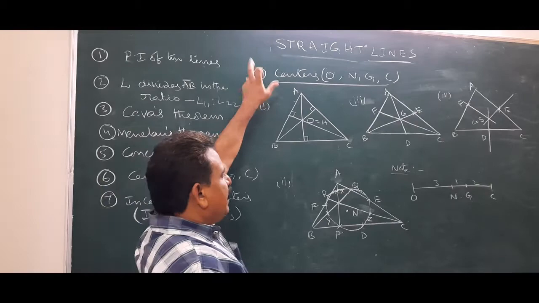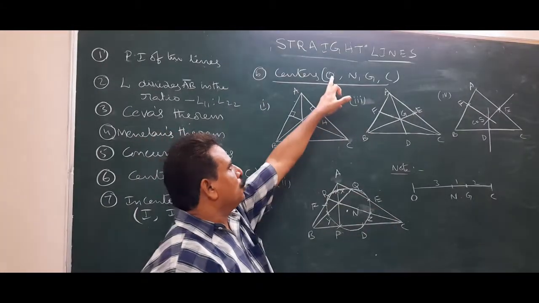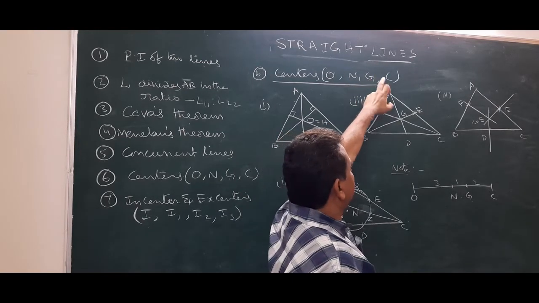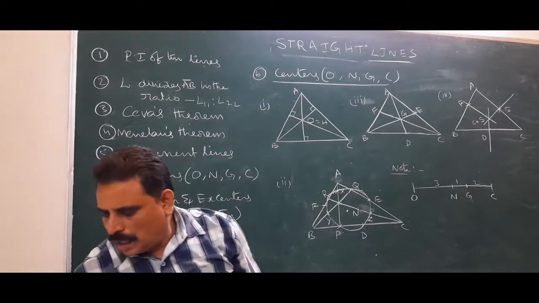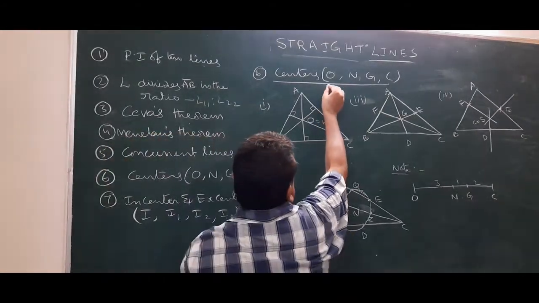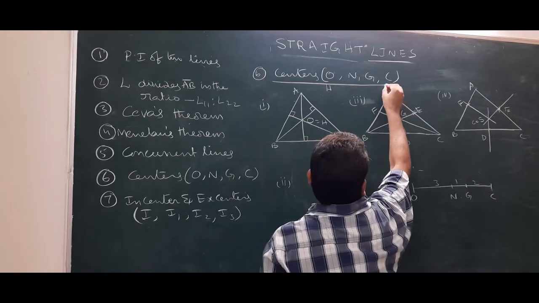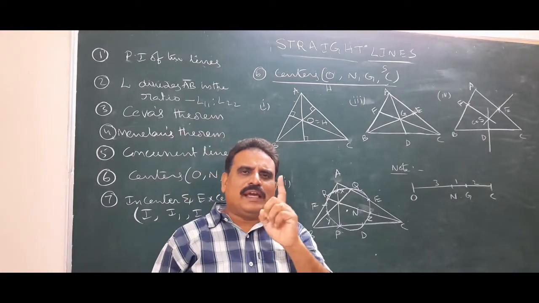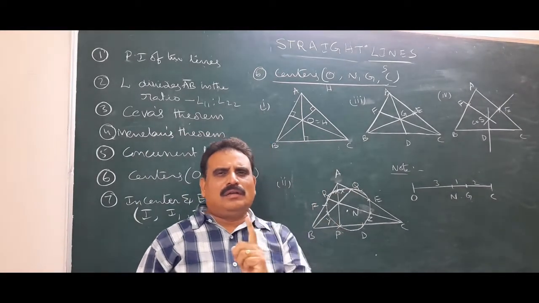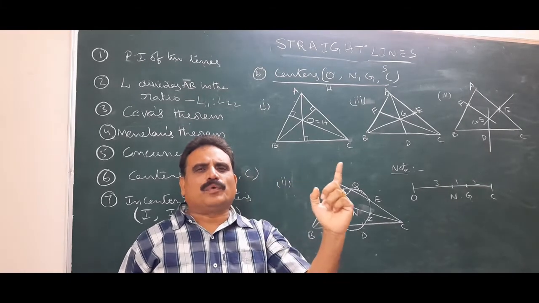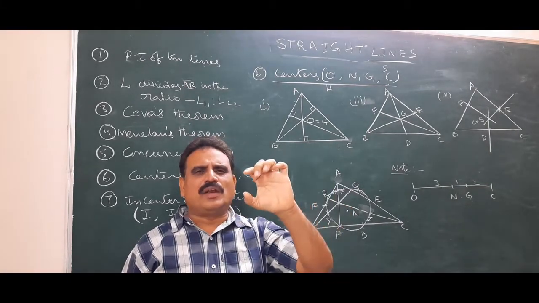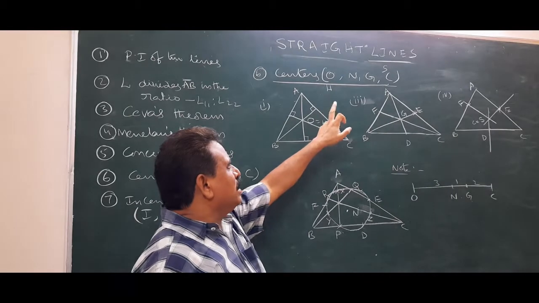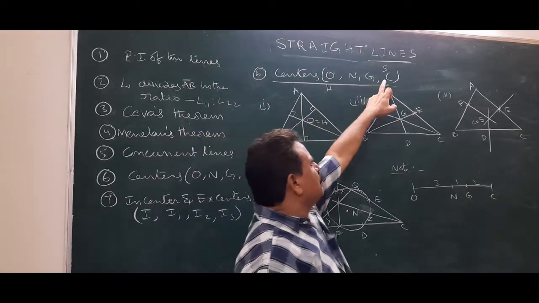Now we discuss the centers: orthocenter, 9-point circle center, centroid, circumcenter. Generally, orthocenter is denoted by H and circumcenter is denoted by S. But here we can easily remember the order: ONGC, Oil and Natural Gas Corporation. ONGC is well known, which is why we take that ONGC. Generally, orthocenter H and circumcenter S.